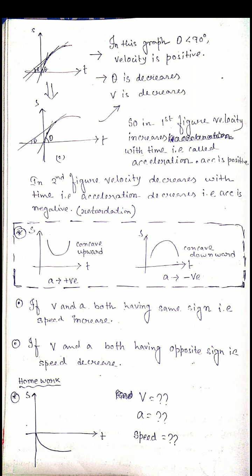When theta value is changing, either increasing or decreasing, that means velocity also increases or decreases. That means there is a change in velocity with time. Only in that case do we get acceleration. So we can say that if there is any kind of straight line, either in a positive or negative direction, in a displacement time graph, we get constant velocity and no acceleration. Only if there is a curve in the displacement time graph do we get acceleration, because the slope changes, so velocity changes, and that's why we get acceleration.